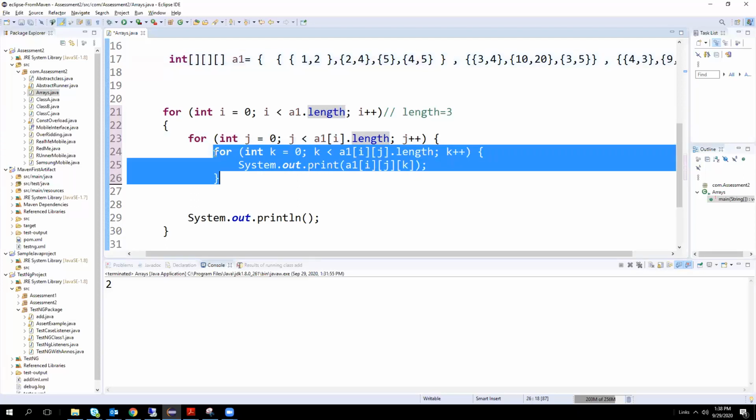Then again we have a for loop. int k is equal to 0. We are initializing k value as 0. A1 of i, j dot length. Here i value is 0, j value is 0, dot length. Then i 0, j 0 means